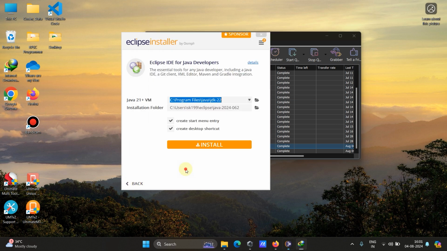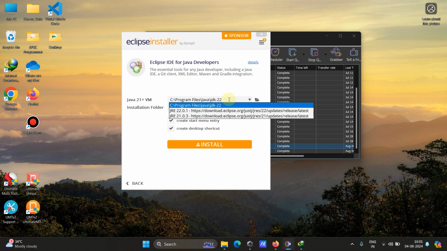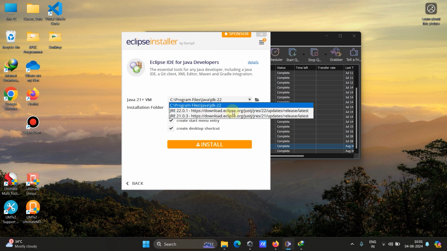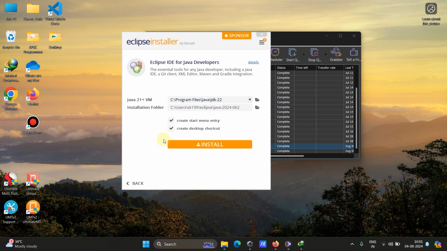After installing the JDK, it asks for the path where you have installed your Java JDK version. So this is the path basically, or it will automatically fetch the installed JDK version. It depends upon you whether you want to download it or just use the JRE version from here. And one more thing, you just need to set the path for environment variables